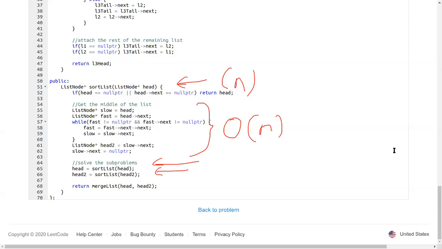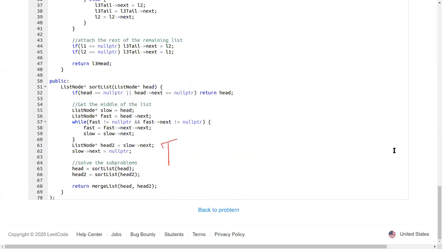If this takes T of n time overall, both of these take T of n by 2, so that's essentially twice T of n by 2. And then merging lists is also big O of n time, and we don't consume any space other than the recursive stack space, right? So the overall time complexity is T of n equals 2 times T of n by 2 plus